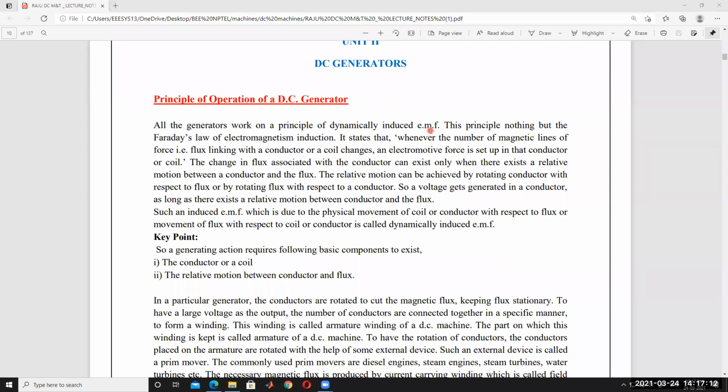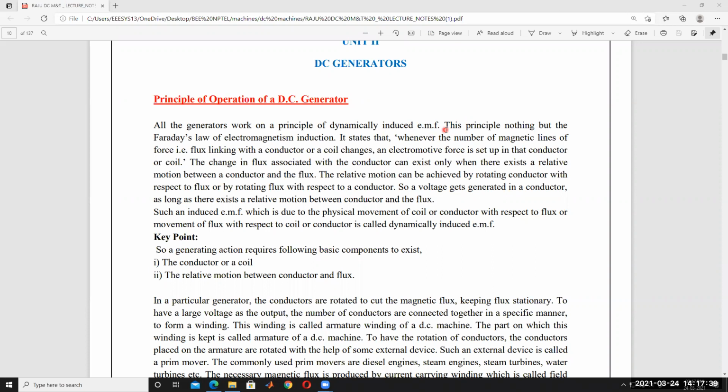So the power output appears across the output terminals, so you can observe that is called power. That is for the generator. A rotating conductor placed in a stationary magnetic field has an EMF induced in the conductor; that's called a generator. Fleming's right-hand rule and Faraday's law apply. That is called induced EMF, dynamically induced EMF.